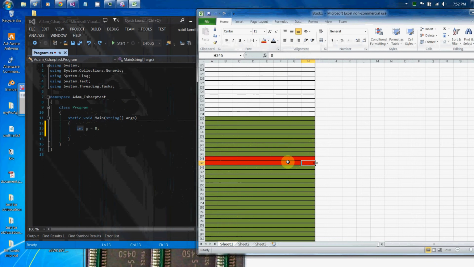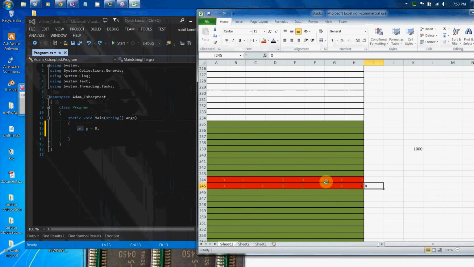And now we're going to look at what it actually looks like. 8 in binary is 1, 0, 0, 0. So it's going to fill everything else with zeros. And then 1, 0, 0, 0. Whoops, I skipped a 1. So this is what it's going to look like